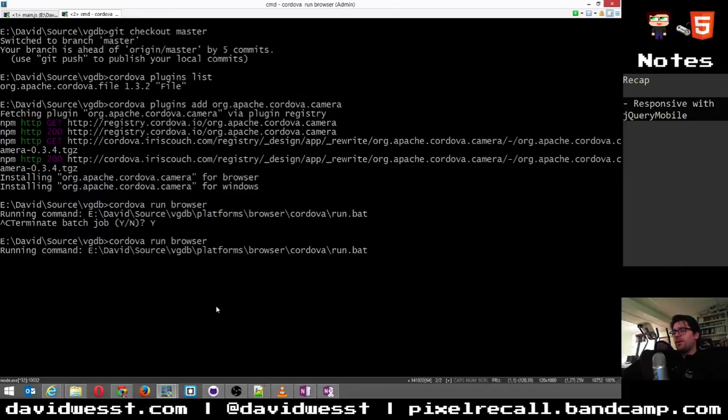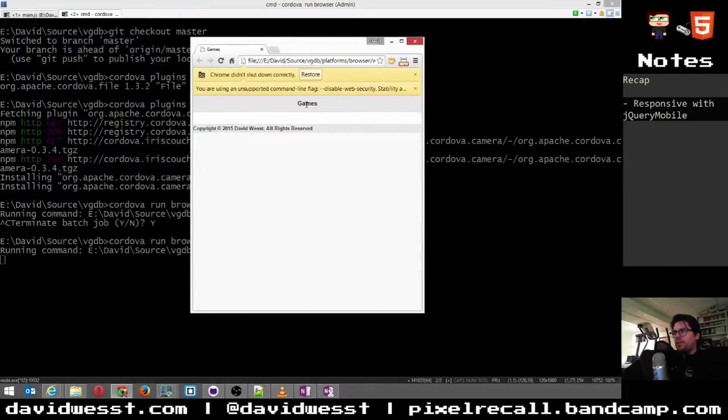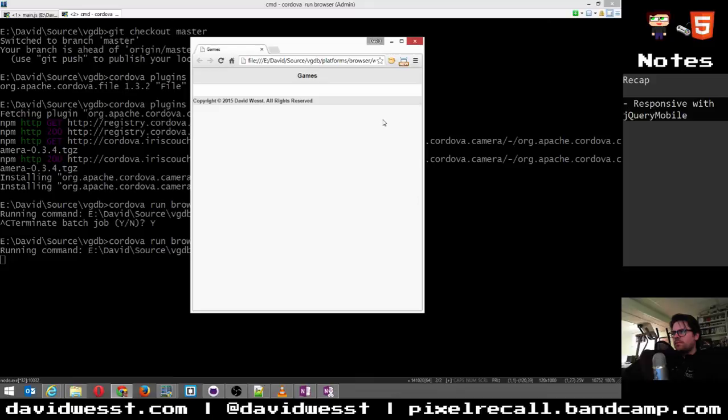I was hitting some real serious brick walls before, and was getting quite frustrated with Cordova. But it turns out I was using the wrong plugins. Ones that you'd think are supported, like the notification one, not so much. It's not supported for the browser, which I thought was kind of odd. But again, they got the camera working, so I'll take that as a compromise.